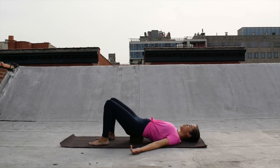And you can start to tune into the sounds that you hear. Just letting your mind move from one sound right to the next, without holding on to any of the sounds. So very effortlessly jumping from one sound right to the next, allowing your mind to tune into your body